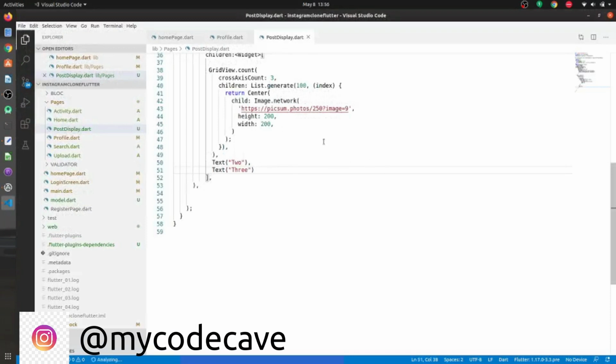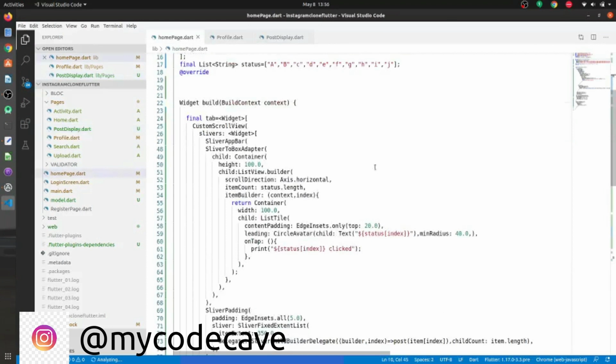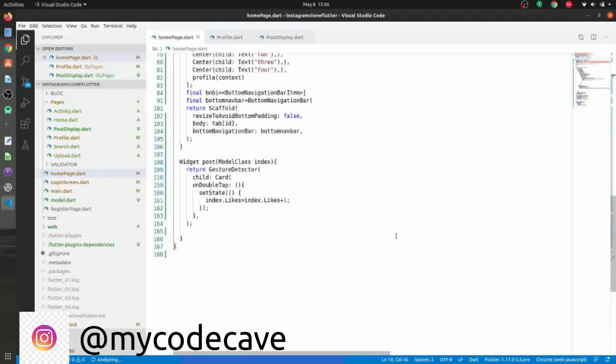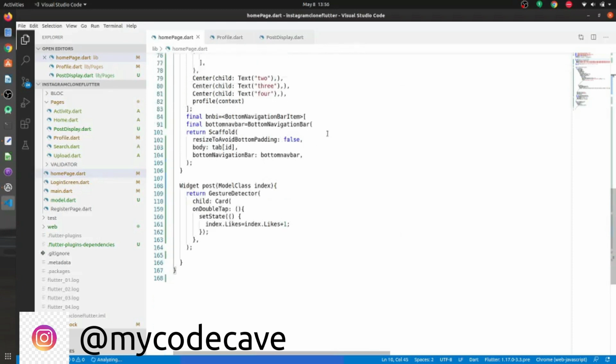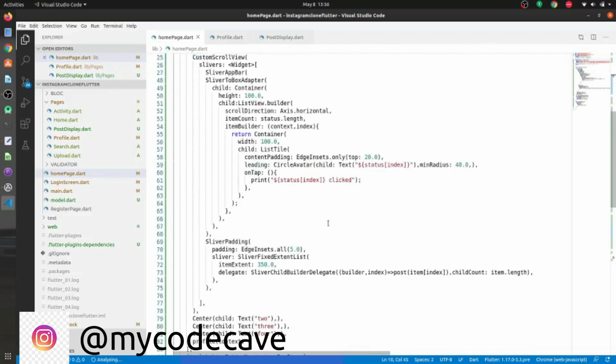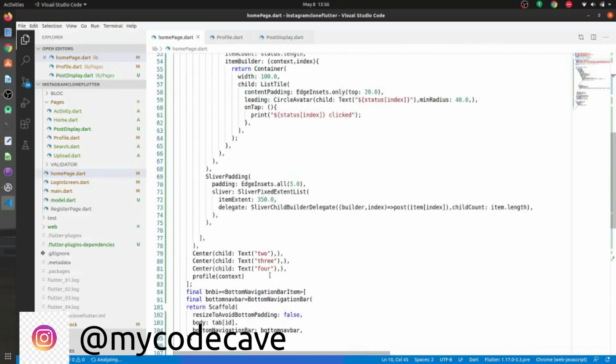So yeah, I have turned back from dark theme to white theme. Okay, so let's start. We have seen that this was our home page, and that contains our bottom navigation bar. You can see that we have a bottom navigation bar that shows 5 tabs. We have the first tab which shows our main post. And after that we have 2, 3, 4, these are the 4 tabs. The 3 tabs, sorry, do not have anything right now, but they will in future. And the last tab is the profile tab that we have just seen.